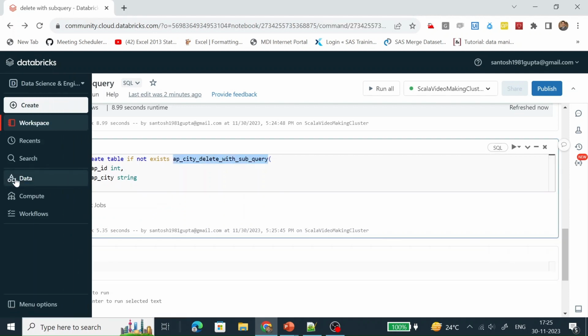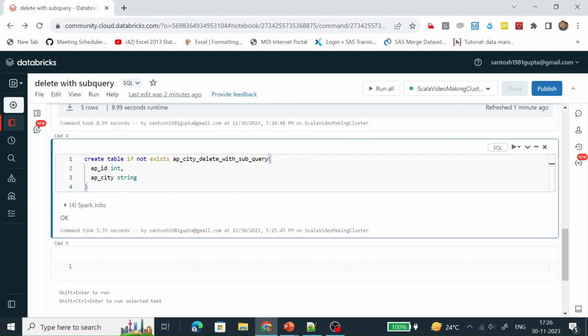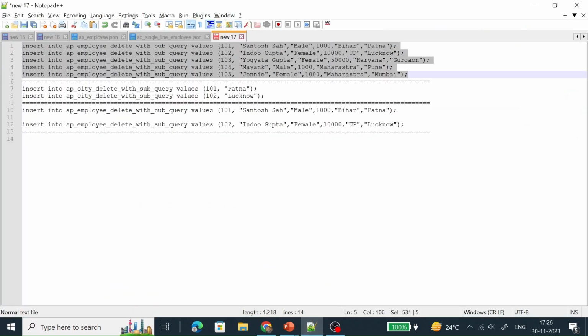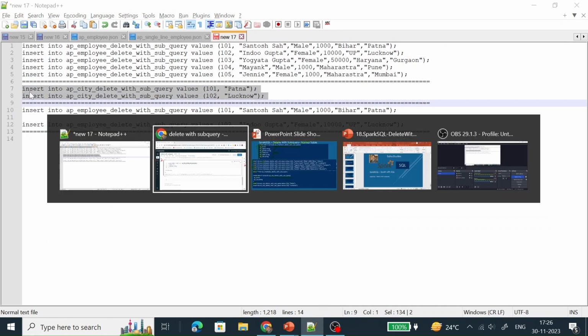We can validate from here. This is the default database. This is the table which we have created. Now we need to insert some records in it. So we need to create an insert statement. To save time, I have already created this insert statement. Let's copy and run it.